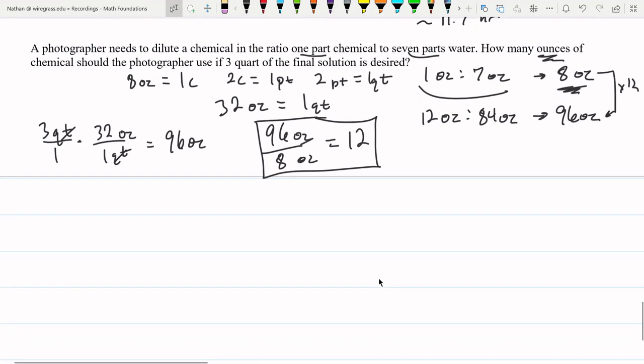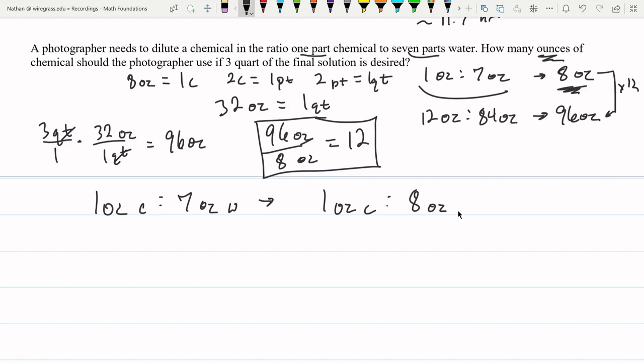We can also solve this in a slightly different way. If we look at, again, 1 ounce of chemical to 7 ounces of water, that means we're going to have 1 ounce chemical to 8 ounces of solution, total solution. Again, 1 plus 7 is 8. So this can be written as a proportion. 1 ounce chemical to 8